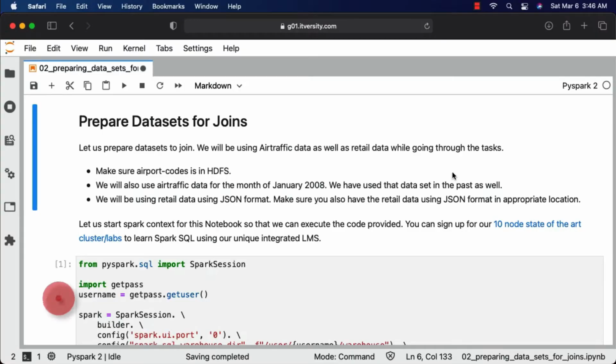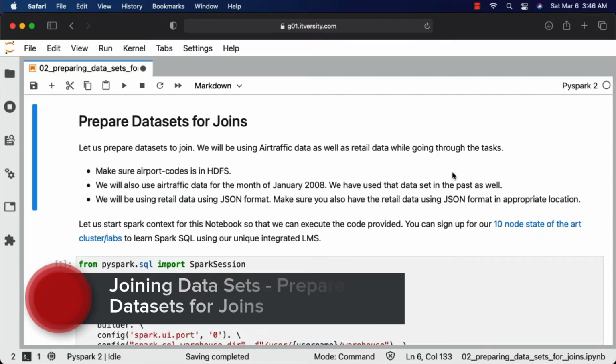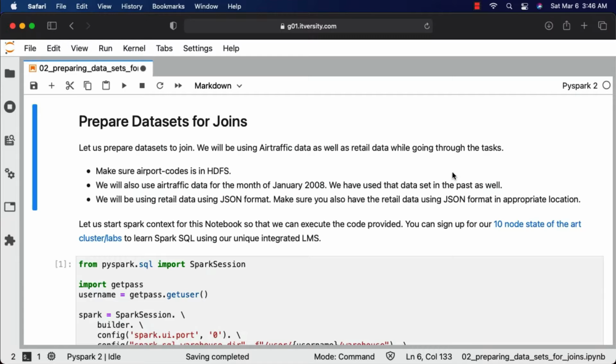Let's prepare datasets to join. We'll be using Airtraffic data as well as retail data while going through the tasks. We need to ensure that airport codes is in HDFS. We'll be using airport codes along with Airtraffic data for the month of January 2008 to explore tasks related to